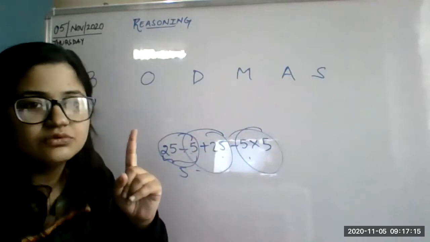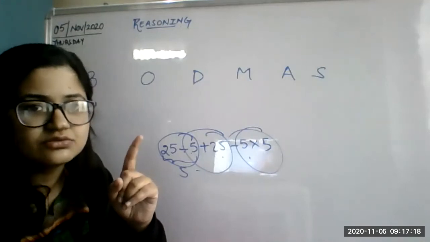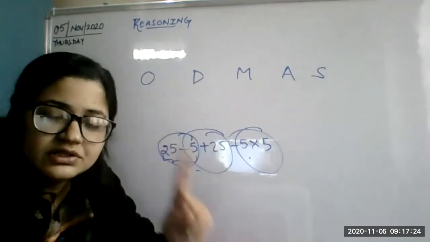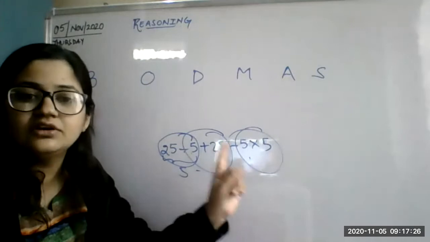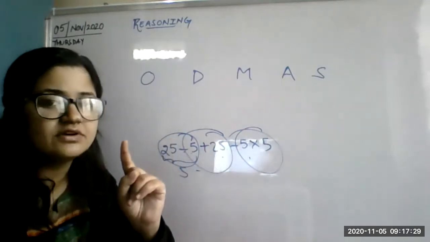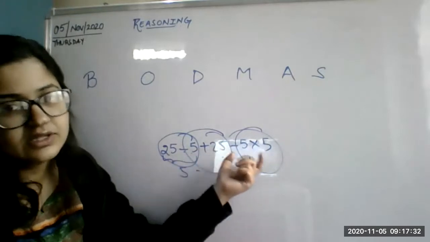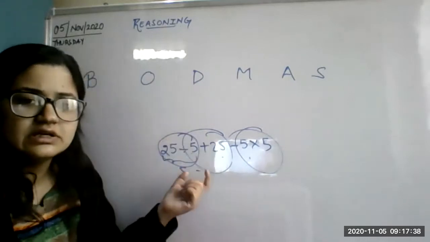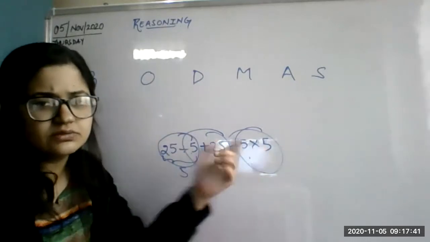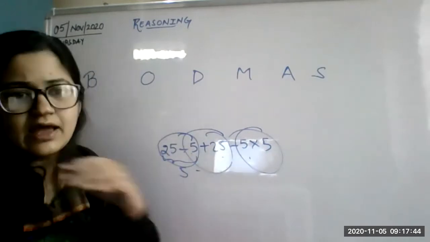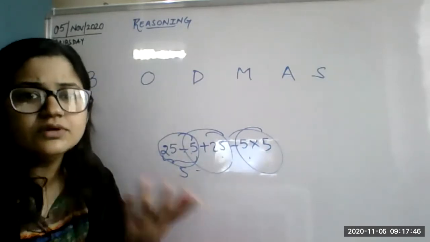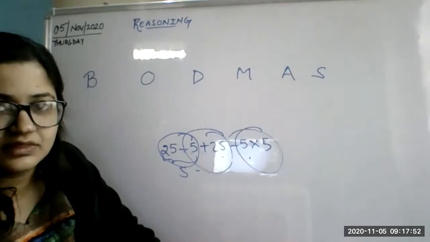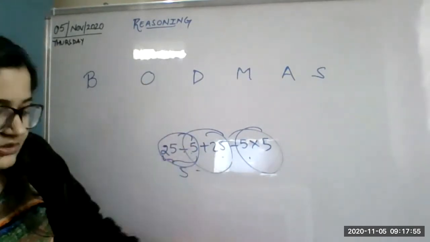So there is one maths rule. Which rule is there? BODMAS. Ma'am, broad mass? BODMAS is a maths rule. There is only one answer for this question, not many answers. You will say, ma'am, I solved this first, then this, then this, and I got this answer. And the friend sitting next to you solved another part first and got a different answer. She will say I am correct, and you will say I am correct. Then who is correct? Nobody is correct until and unless you use this method.